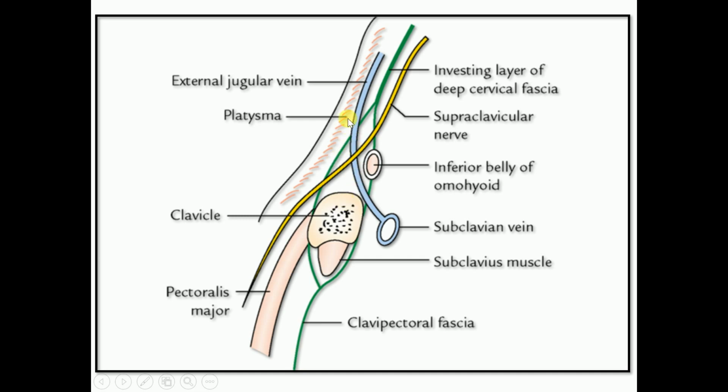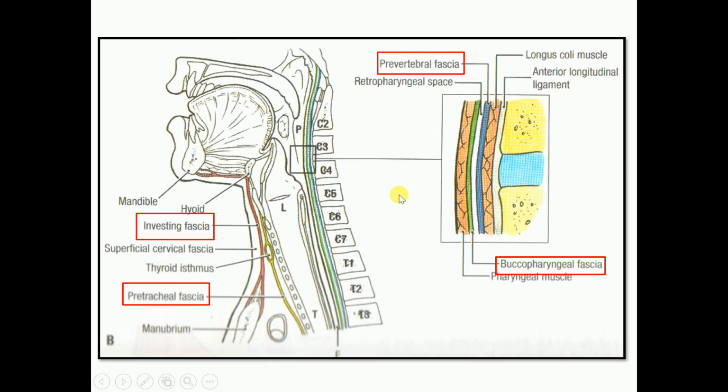Now what are the contents present in the supraclavicular space? That is the terminal part of the external jugular vein that drains into the subclavian vein, and the supraclavicular nerves before they continue as cutaneous branches. So these are the two contents of the supraclavicular space. Now tracing the investing layer, here it also makes a pulley, forming the fascial pulleys to anchor the tendon of the digastric muscle as well as the omohyoid muscle, which you will learn in the anterior triangle of the neck.